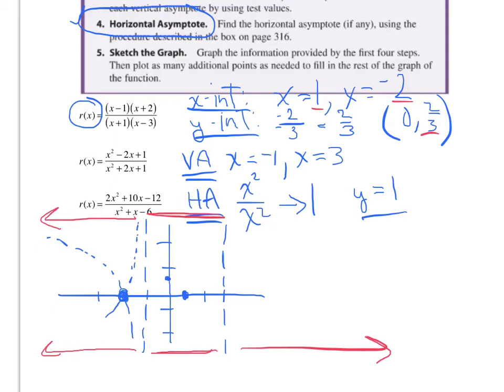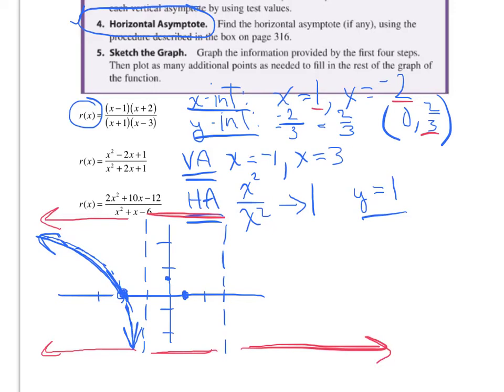That's why I know that the graph must do this in this part of the plane. It's got to do that because of the asymptotic behavior and because of the x-intercept right there. It has this bend, just like that. For the part of the graph that's to the right of x equals 3, we have asymptotic behavior, and